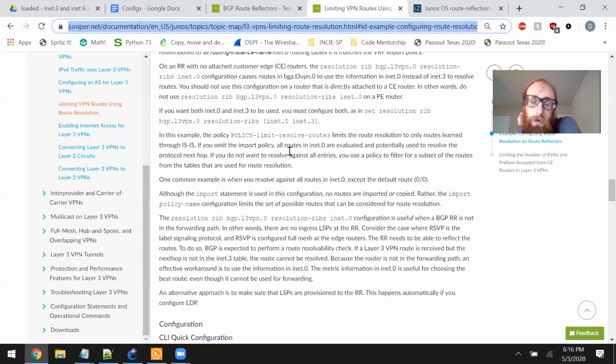BGP.L3VPN.0 resolution ribs Inet.3 configuration is useful when a BGP route reflector is not in the forwarding path. In other words, there are no ingress LSPs at the route reflector. Consider the case where RSVP is the label signaling protocol and RSVP is configured full mesh at the edge routers. The route reflector needs to be able to reflect the routes. To do so, BGP is expected to perform a route resolvability check